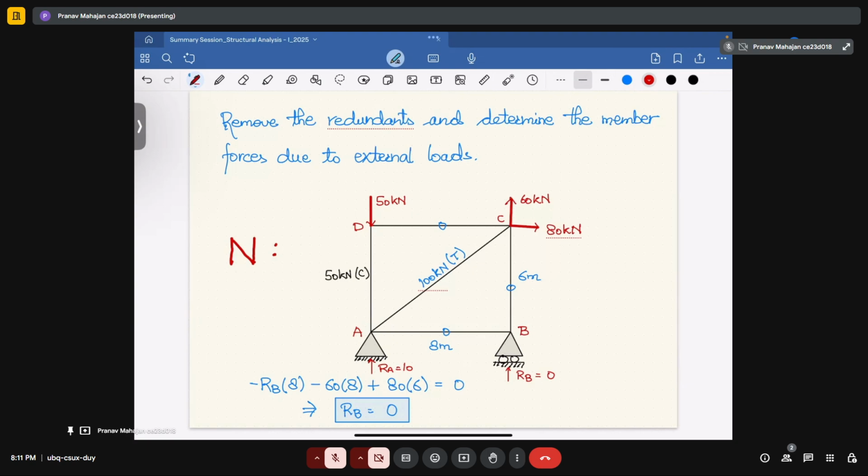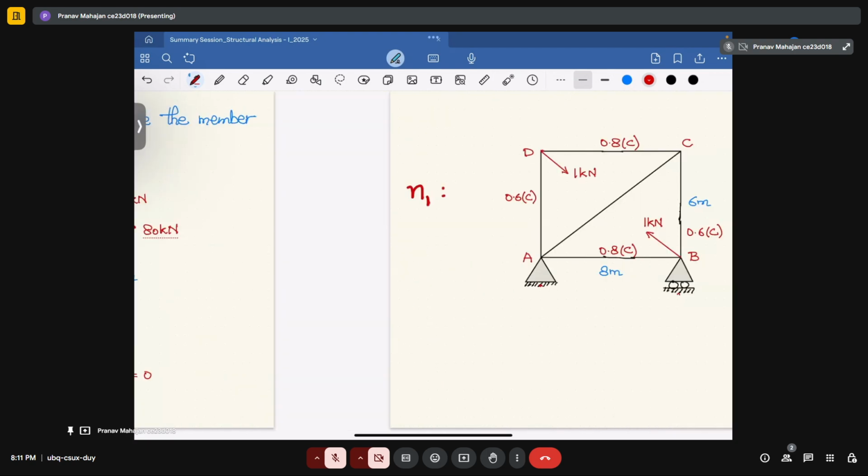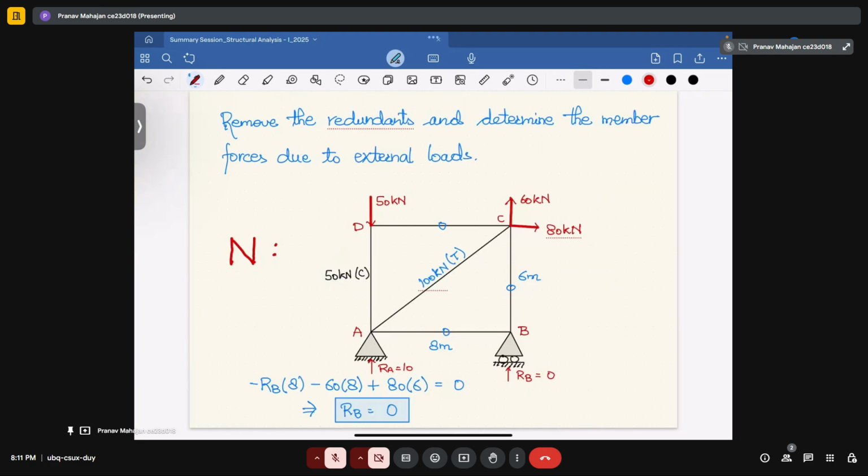First, we will determine the reaction unknowns. That will give you the corresponding values: RB will be equal to 0 and RA will come out to be equal to 10. Okay. Now we will remove all the zero force members in the structure and then determine the value of the